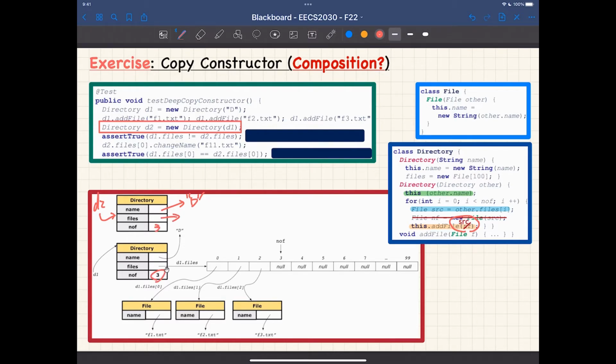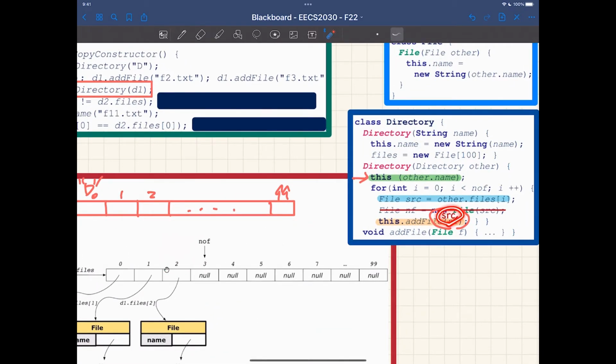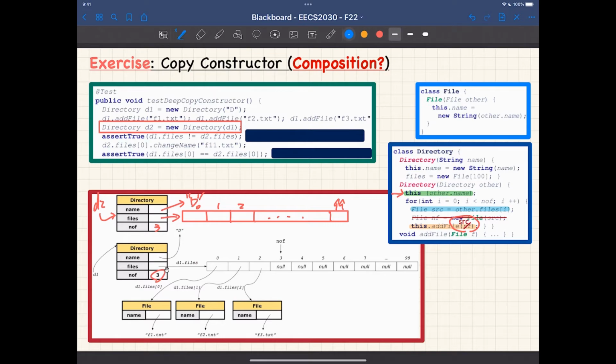And also, for this line here, we're going to initialize the array over here. Also not an issue. 0, 1, and also 2, etc. until 99. All right? And what's going to happen here? Source, what's source? For the very first iteration, source will just be pointing to the file at index 0 for D1. And I'm not really trying to make a deep copy of the file by calling the copy constructor in the file class. I'm not trying to do that. What I do instead, I'm passing source directly to the file array. Right? So what's happening here is